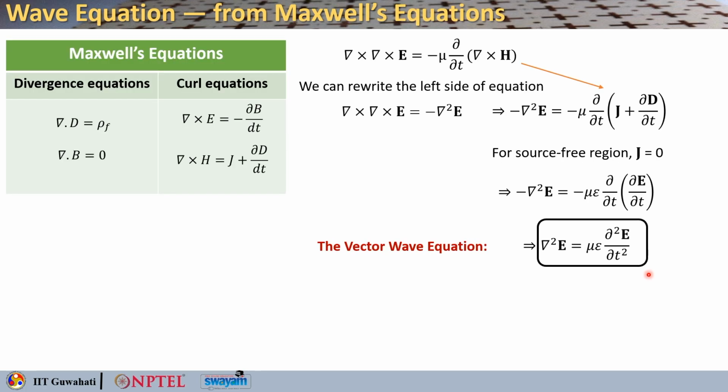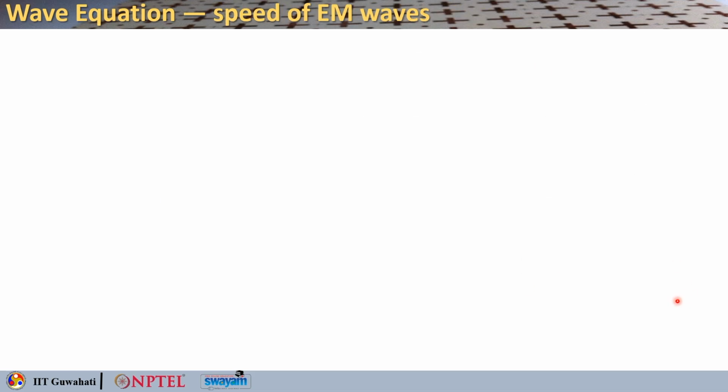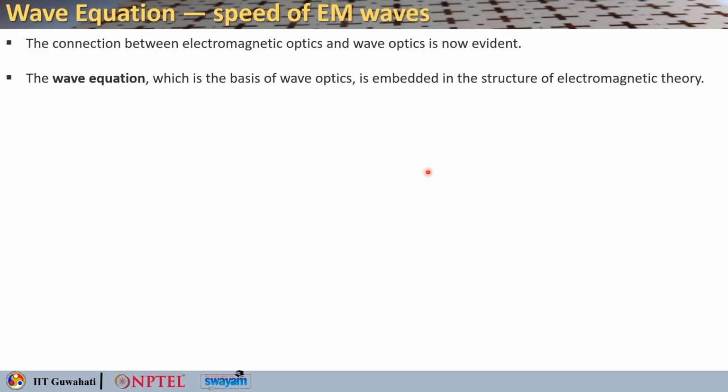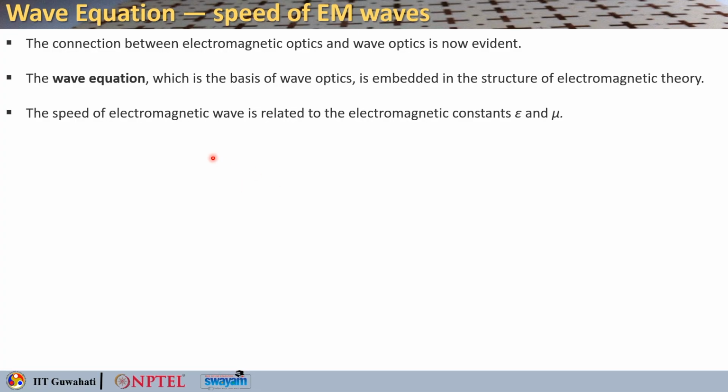Now, it actually is basically 3 equations, because you can think of Ex, Ey and Ez, okay, the 3 components of the electric field. Now, we will also see how this wave equation can be used to obtain the speed of electromagnetic waves. So, the connection between electromagnetic waves and wave optics is now more evident. You can see that the wave equation, which is basically the basis of wave optics, is embedded within the structure of the electromagnetic theory, and the speed of the electromagnetic wave is related to the electromagnetic constants epsilon and